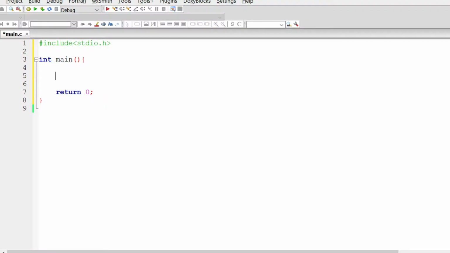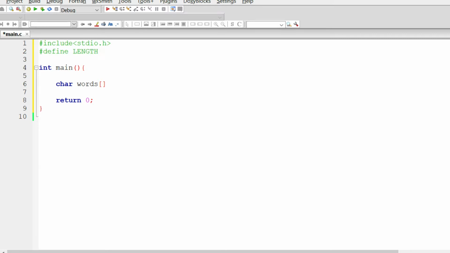So I'm in Code::Blocks, and as you can see I have already included the header file and main function. I will start with the variable declaration: char, let's call it words. For the array size I'm going to use a constant with #define, and it's good practice to use all caps for constants.